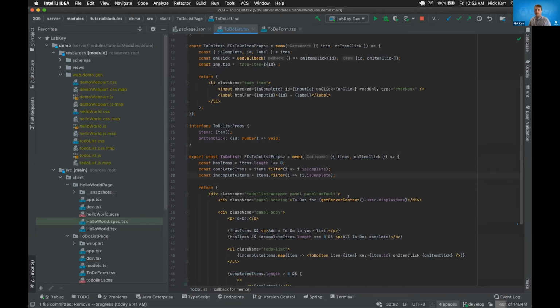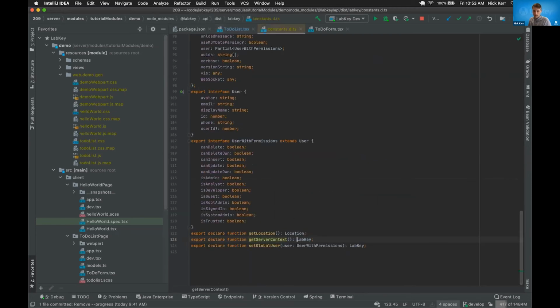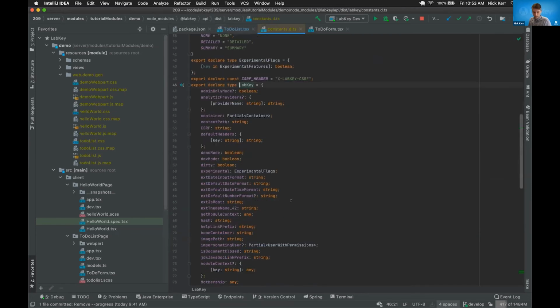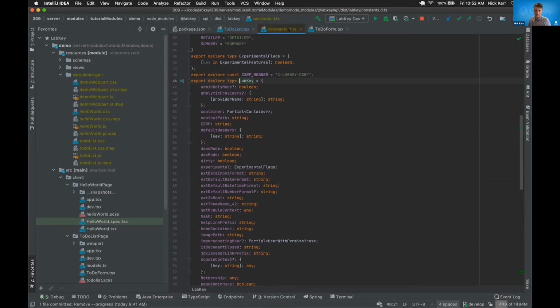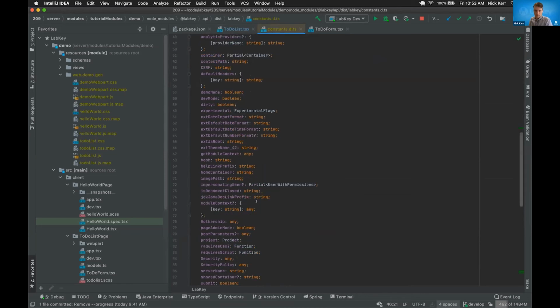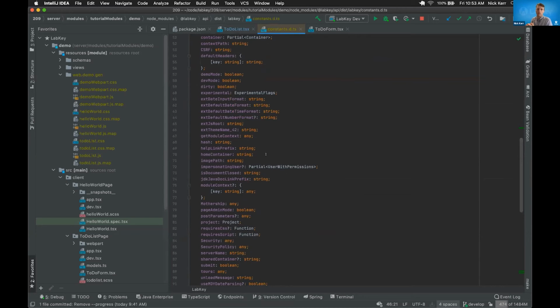So as an example, I have this Git server context I was referring to. If I click through to this, I can see here that this actually has a type of LabKey, and LabKey is declared here in this constants.d.ts. A d.ts is a definition file. It's basically saying, hey, here are the type definitions that are defined for a given module. So if I had a module called constants.ts, this would be the definition file for that same module. And this type here is fully declared by us to say what these types should be. And so these can be deeply nested types. You can have structures that are kind of fully